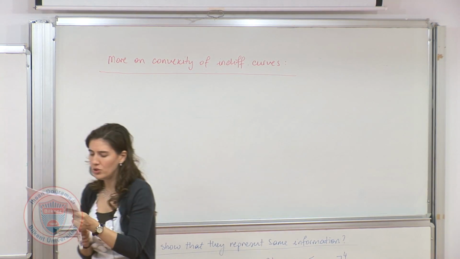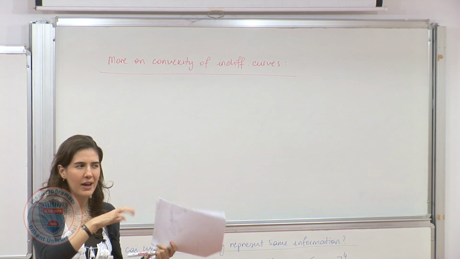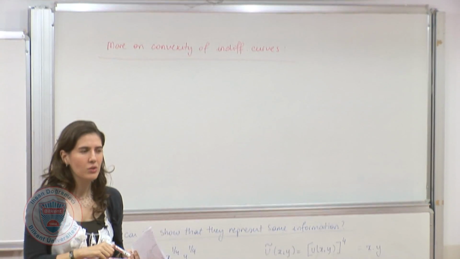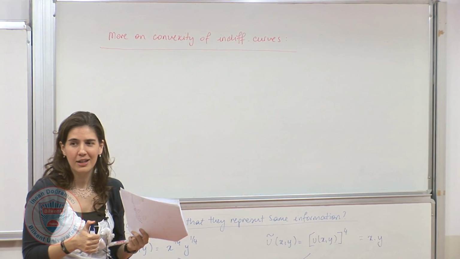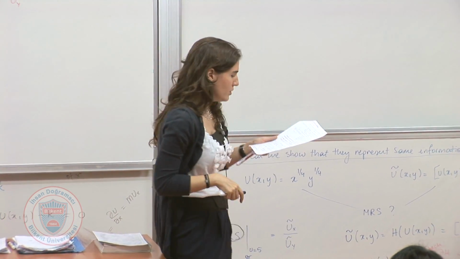If we want to look at convexity, remember, if the indifference curves are convex, it's related to the utility function being quasi-concave, at least quasi-concave, right? So that's what we said. So basically,